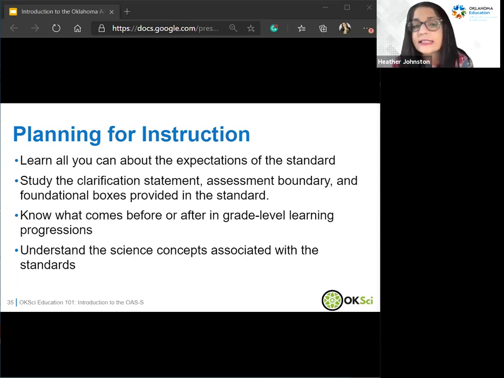And then understanding the science concepts associated with the standards, a lot of times that can be a little more difficult if you are not familiar with that content area. Like, I am a physical sciences background, biology, I have to do some extra reading. And so there are different supports out there that do provide the science concept support that you might need, such as even your curriculum resources at your school. When I first started teaching, I'd open up a textbook several times to make sure that I was teaching the content right, just in case I had my own misconception and I didn't want to teach students that misconception.